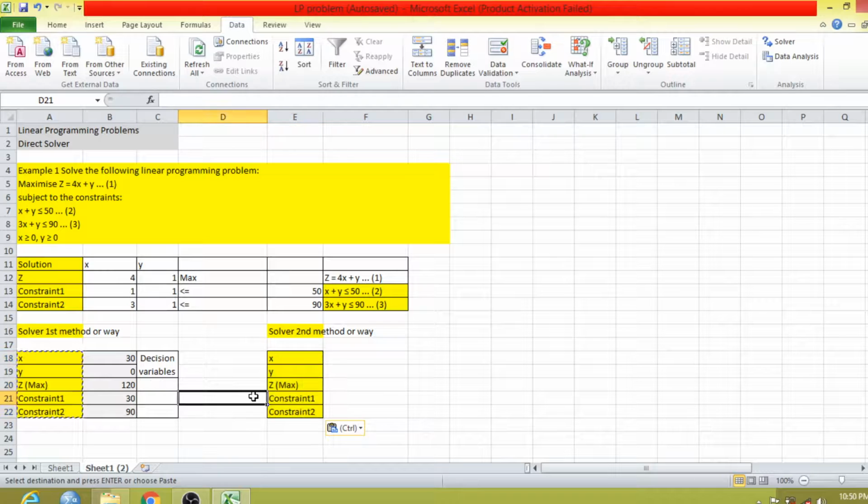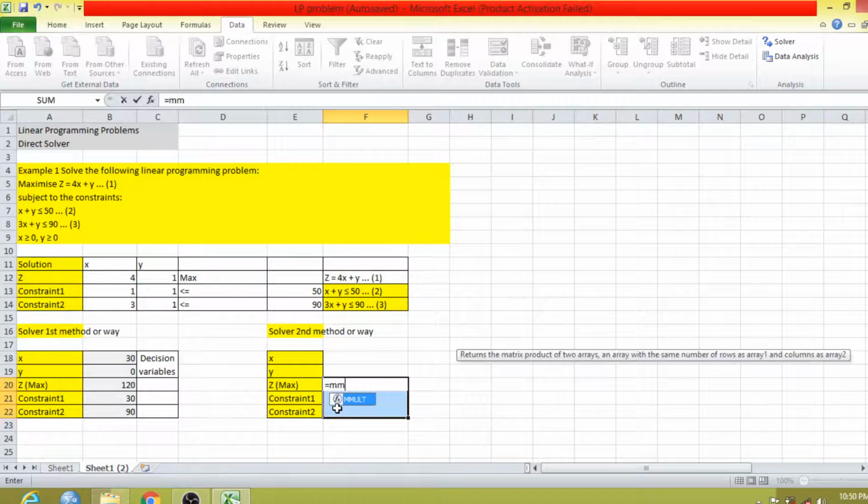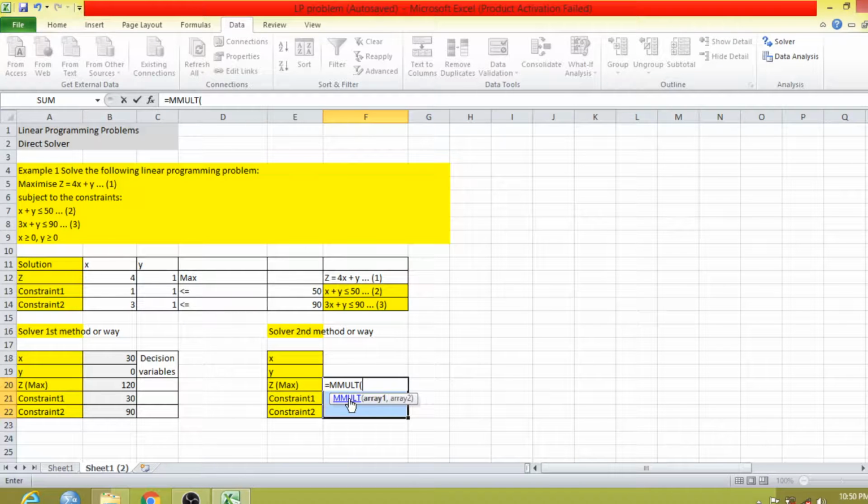In the first method I was manually calculating the value of B12 with the help of this matrix and the given x and y values. Here, in one click with the help of one formula, I will calculate all these cells. So I will select all three, and I will use the formula equal to MMULT, and I will select this matrix because this includes not only the constraints, it includes z also.